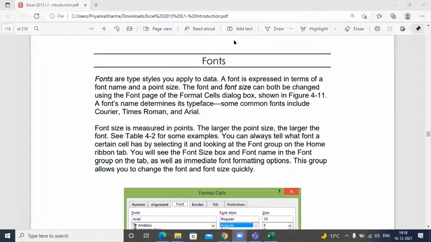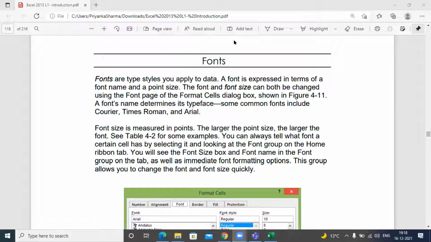Now I'm going to very quickly show you how you can apply the different fonts. We'll do a quick exercise and move on to the next concept. The first step is you need to select what cell you want to format. So this is the cell, for example, I want to format. I will click on the format option in the cells group. I hope you all can see my screen. Yes, you can click on this and there is an option called format cells. As you click on format cells, the font group will open. This is called a font list box.